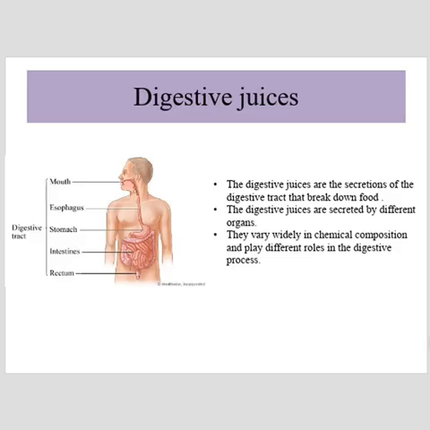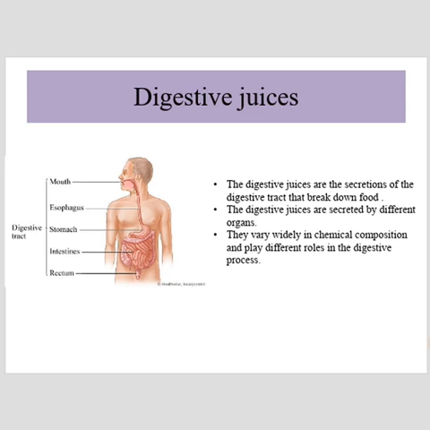So, if you remember, last time we talked about the mechanical and the chemical digestion. So, we are going to continue today with the part of the chemical digestion. In the part of the chemical digestion, the organs or the hormones that are responsible for it are the digestive juices. So let's define the digestive juices.